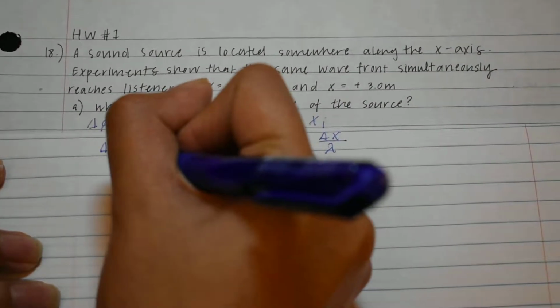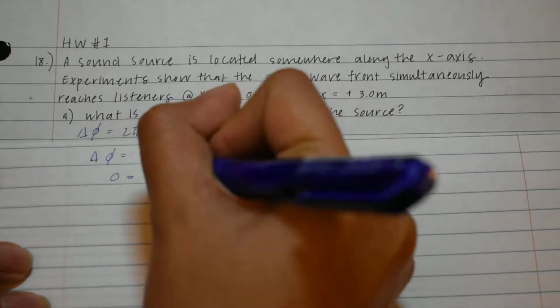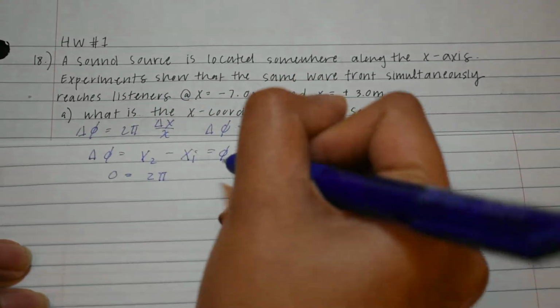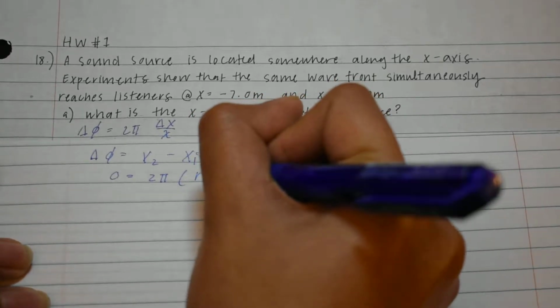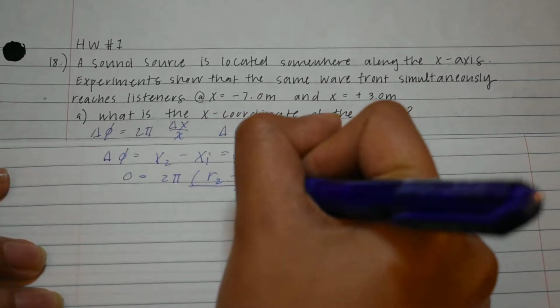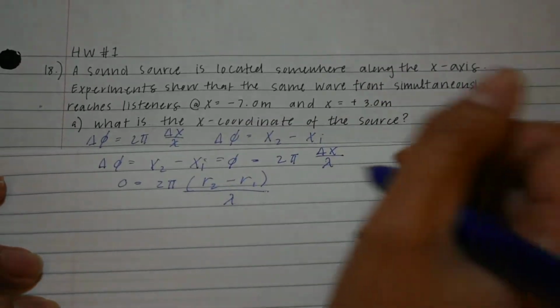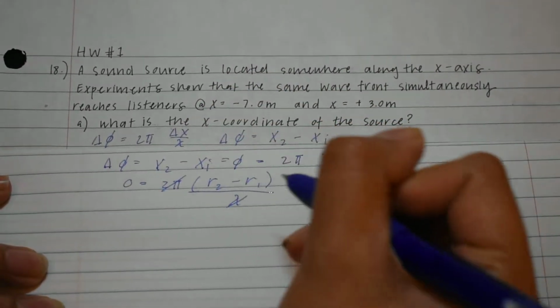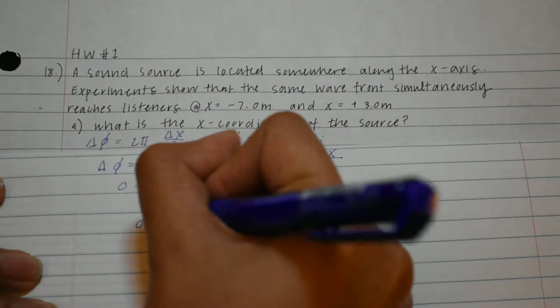So 0 is equal to 2 pi, and delta x is just r2 minus r1 over lambda. And then we can get rid of this, and we get